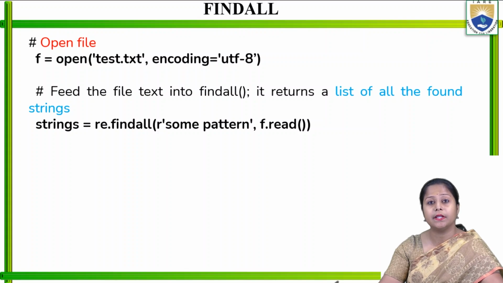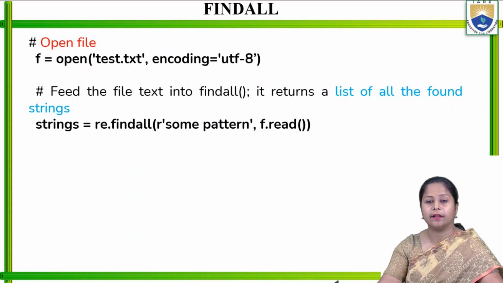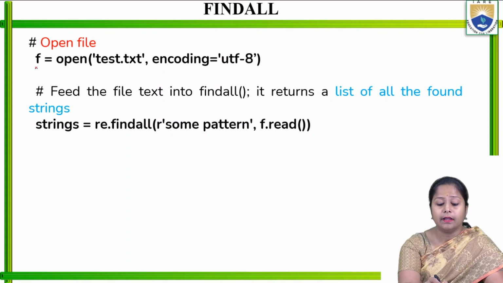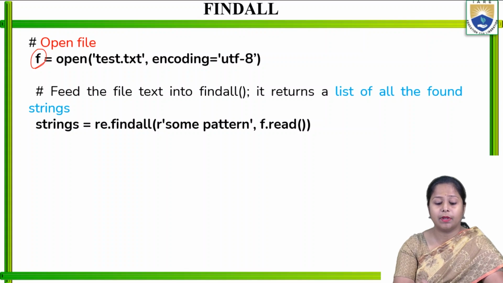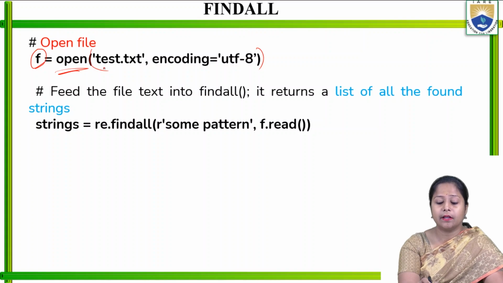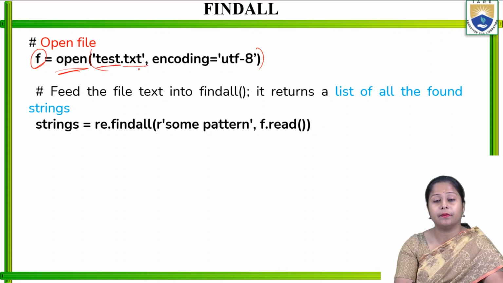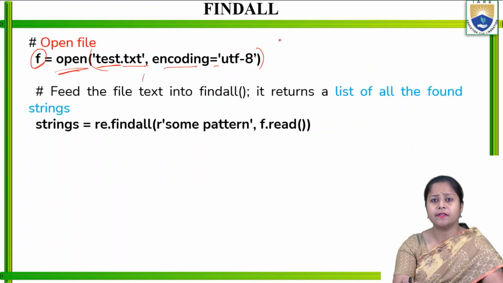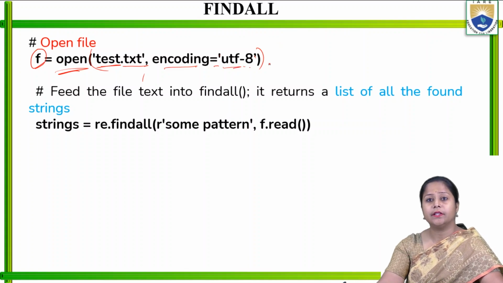For this consideration, we need to write some extra lines. So I would like to open the file, then write the findall function to search for the pattern in one place. I would consider a variable f is equal to the open function. In the small brackets, I would write in single quotes test.txt, the file I will call, comma, encoding is equal to, in single quotes, UTF-8. That is a type of encoding.